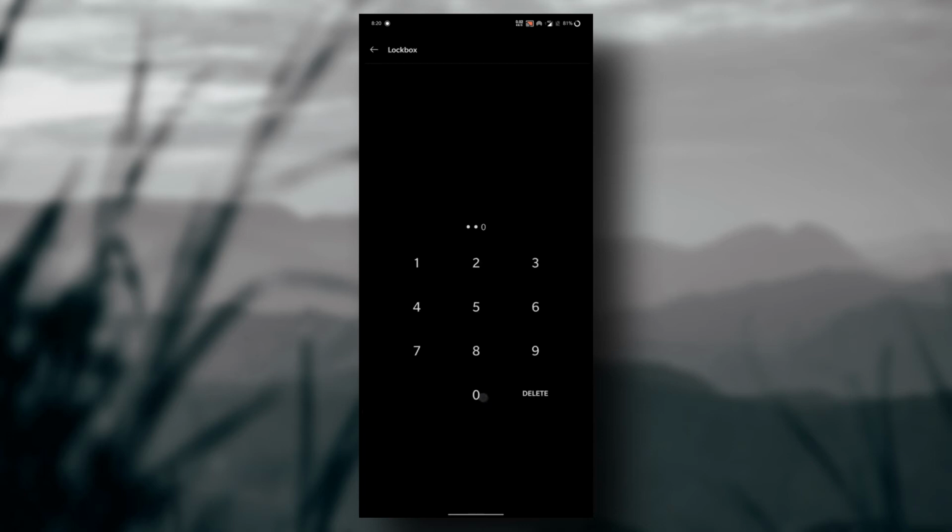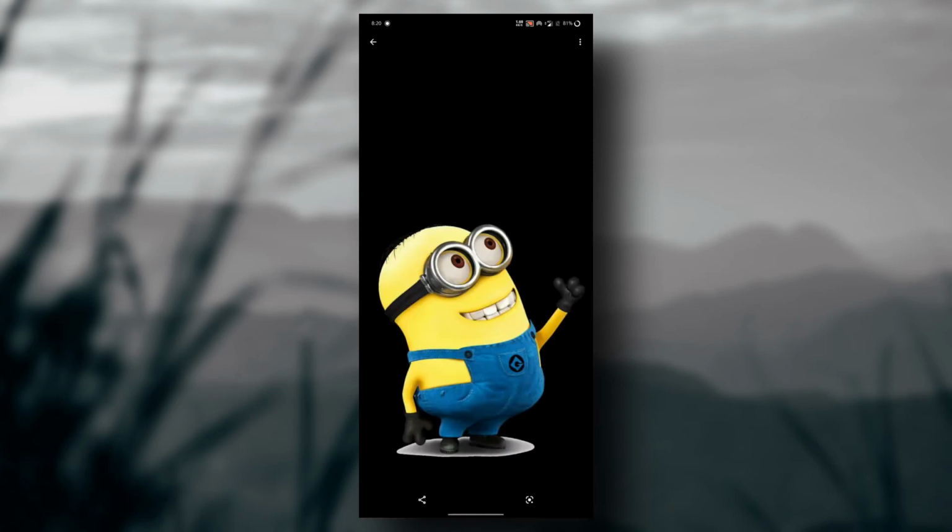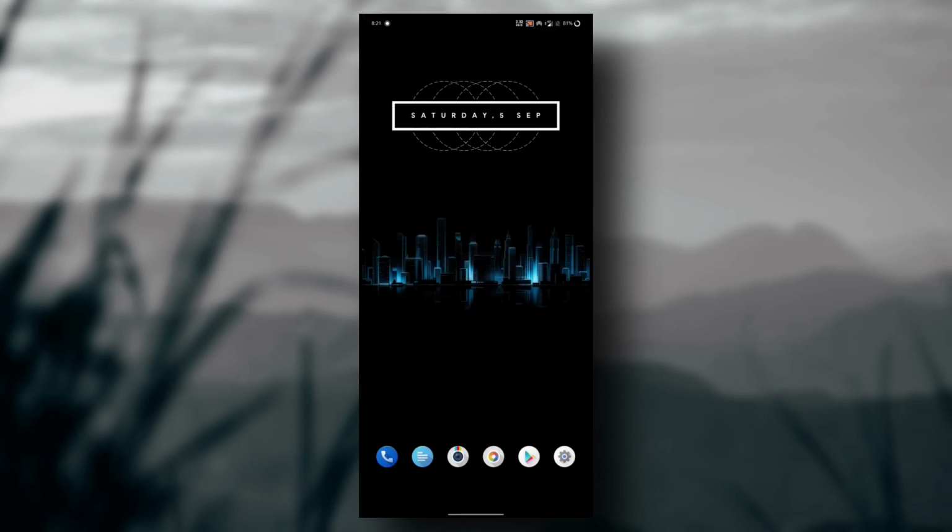After that you have to enter a 6-digit pin and you can add your fingerprint also. To see your documents or photos, you have to go to the Lockbox and enter your pin. You can add or remove the fingerprint also by going to the settings.